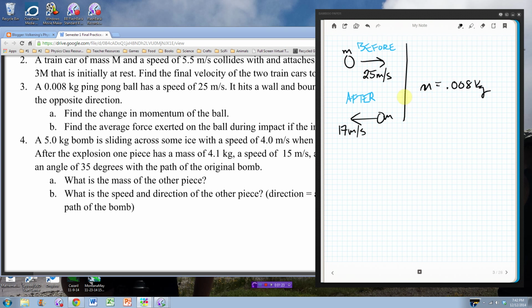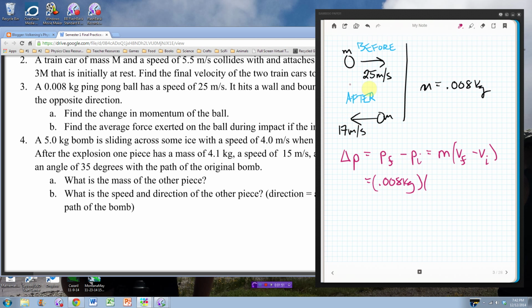Alrighty. First I want to know the change in momentum of the ball. Well, change in momentum is simply final momentum minus initial momentum, which is the same as mass times final velocity minus initial velocity. So for this ping pong ball, that is mass,